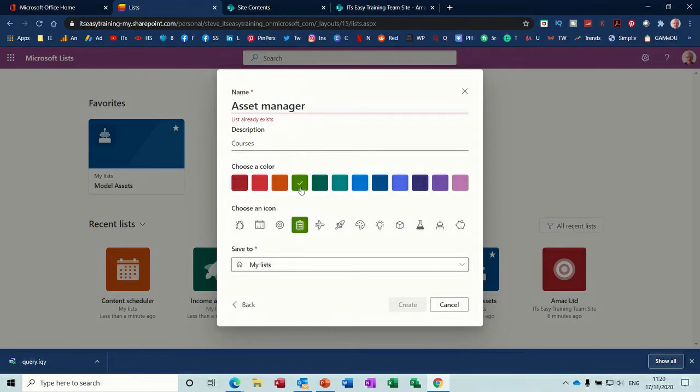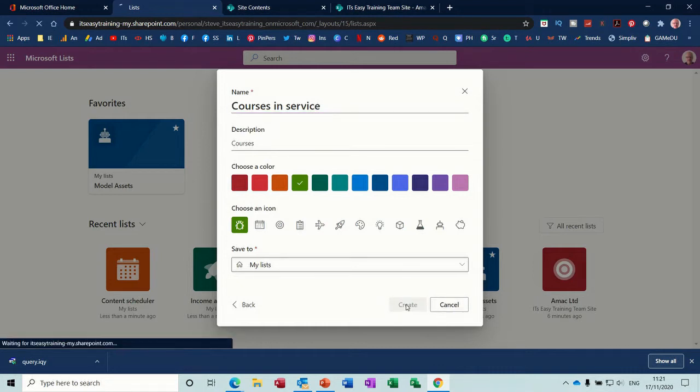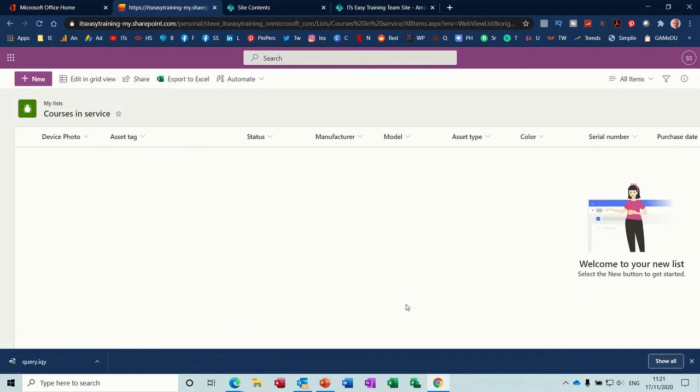You've got these little colors you can select. Green, I don't know what that's meant to do, but I'll click on that. So it's going to have that little symbol. Asset manager already exists, so call it courses, in service, or whatever, active courses maybe. Create that, and then it starts us off